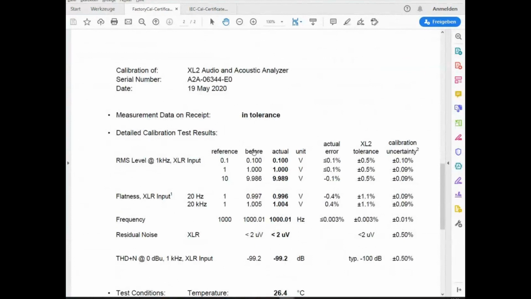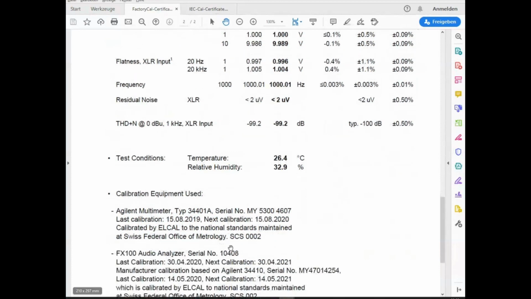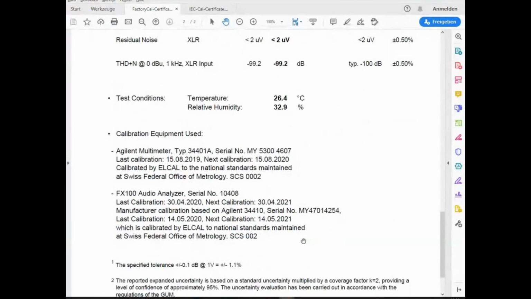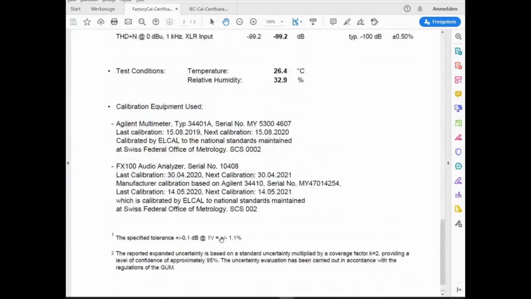Here, the before data, the actual data, whether there has been any change in between. Test conditions, the ambient temperature, humidity is also very important. Here you can see the traceability, the equipment that has been used, when it has been calibrated, according to which standard, and so on and so forth. So all this information is provided in this certificate.